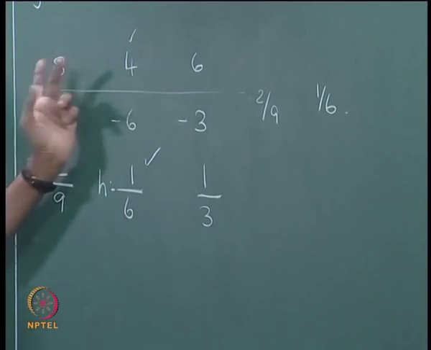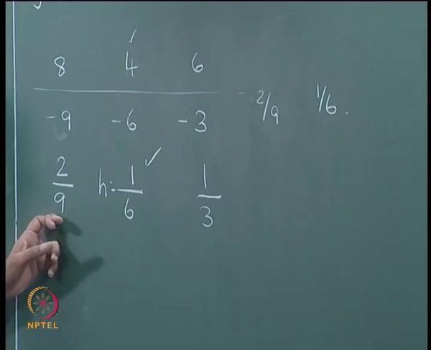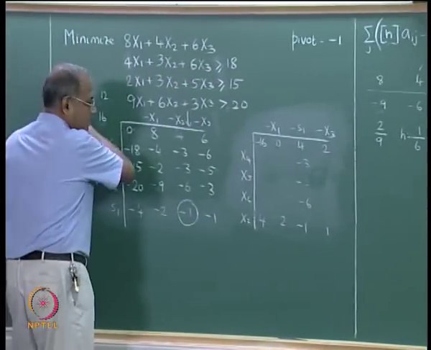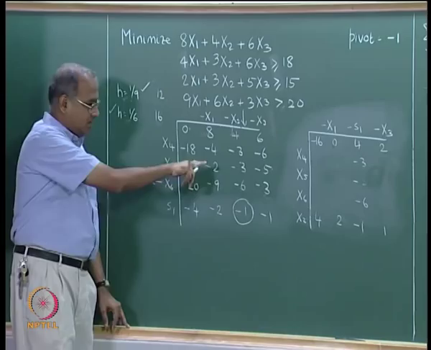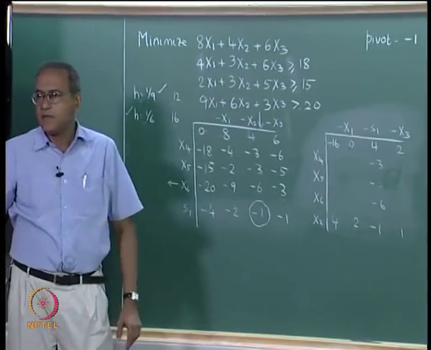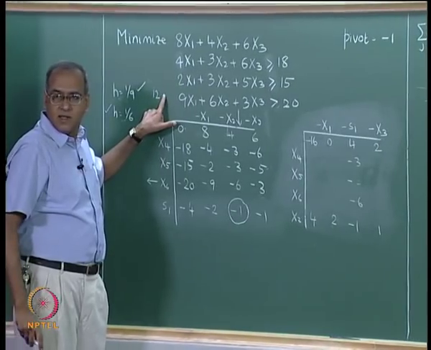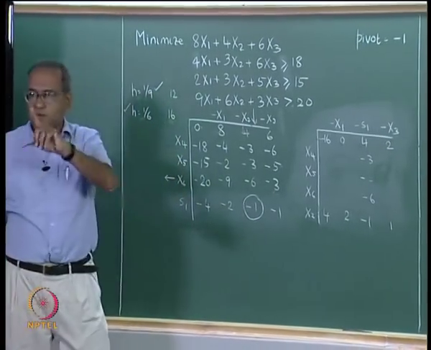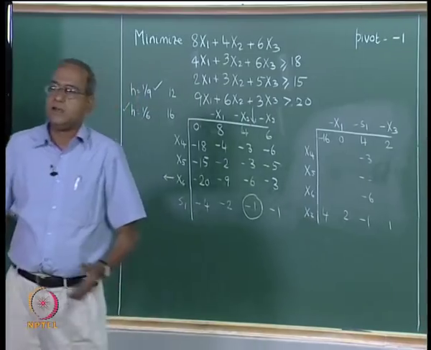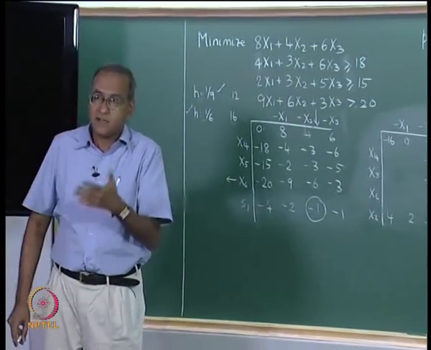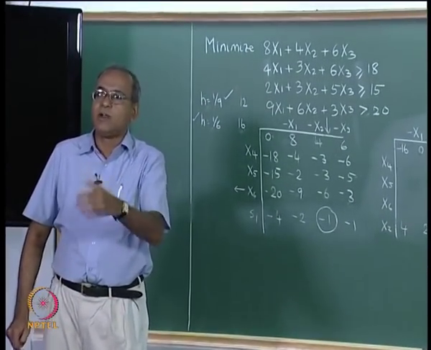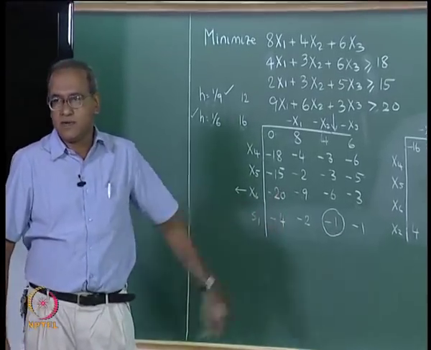If we had not used this thing, we would have ended up with 1 by 9 instead of 2 by 9, and then we would have taken the minimum of 1 by 9, 1 by 6, 1 by 3. We could have used h equal to 1 by 9. We would have proceeded to another cut and another table with value going from 0 to 12. It will still lead us to the optimum solution, except that it could, not saying it will, it could take more iterations than what this will take.